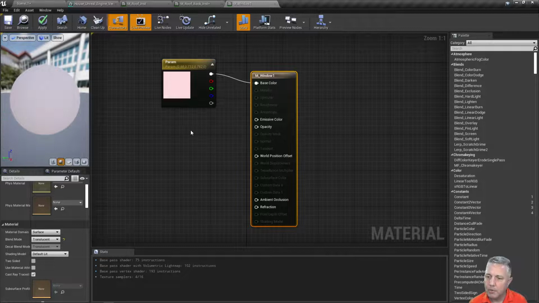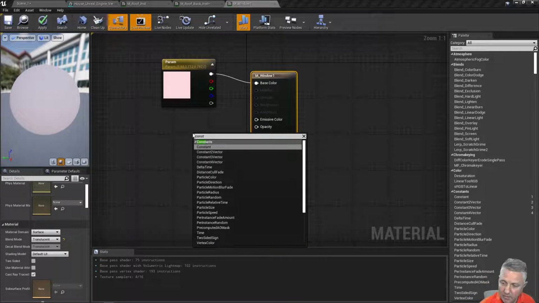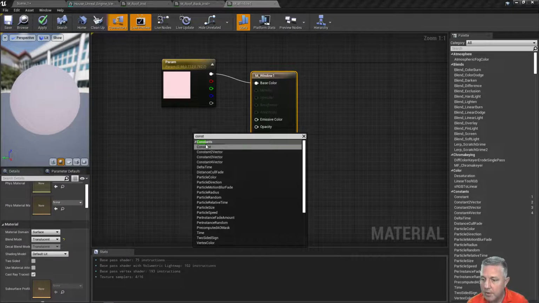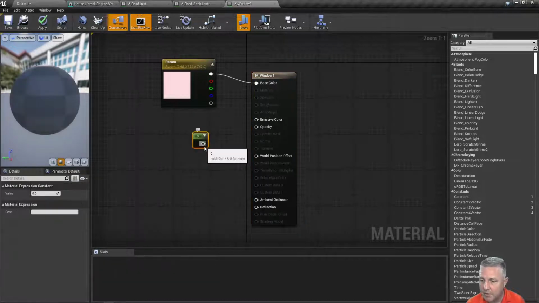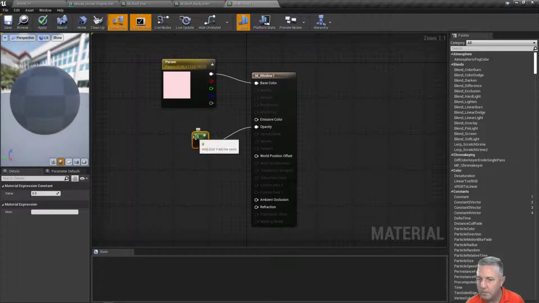So what we're going to do is right click right here and type in the word CONST for constant, and right here we want the one at the very top, right underneath where the green highlight is. We want the one that says constant. We get this little green constant node. It has a 0 in it, so if you check over here for the value, it says 0. I'm going to hover over this. See how my mouse changes to that little crosshair. I'm going to click and drag and drop it right there onto the opacity,